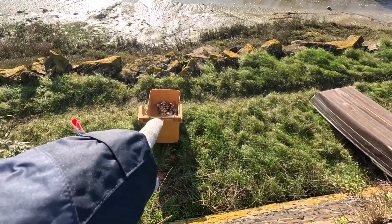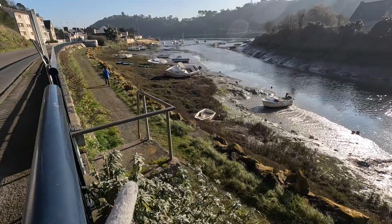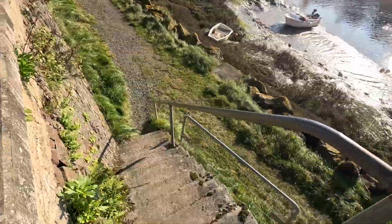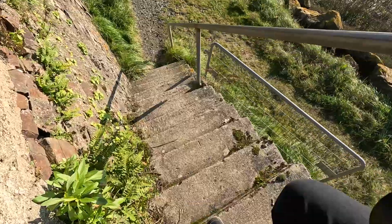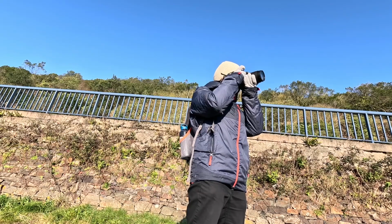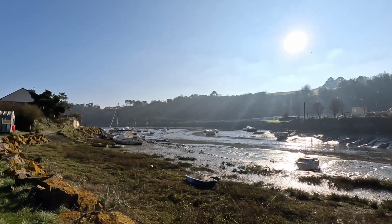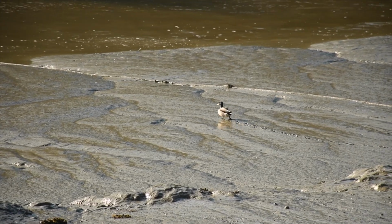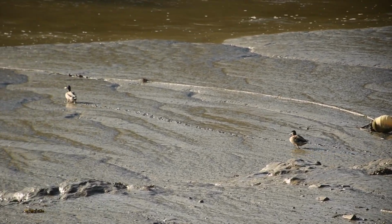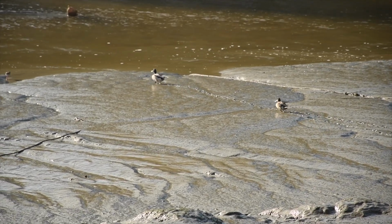Look at that, seashells in there, in that bin. And there's a path just right there. Oh, it is steep. Yeah, it's muddy, huh? If only you could fly, I mean...